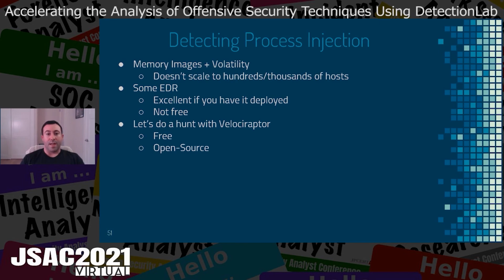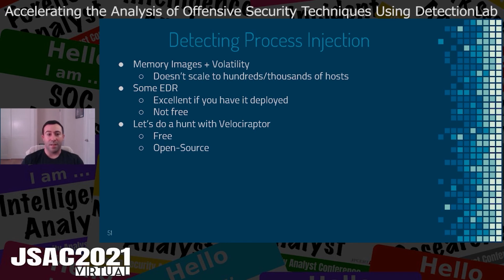If we wanted to detect process injection, here's some things we could do. We could pull memory images from a bunch of different hosts and analyze them using an open source tool like Volatility or other memory analysis tool. However, for the most part, this really doesn't scale well. Collecting and analyzing hundreds or thousands of memory images takes an impressive amount of infrastructure, both for the storage and